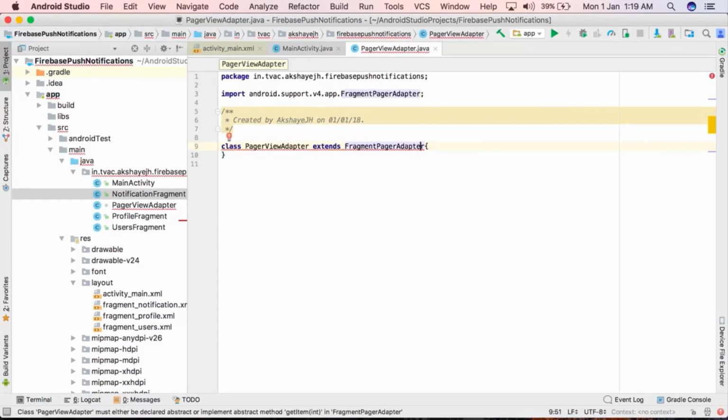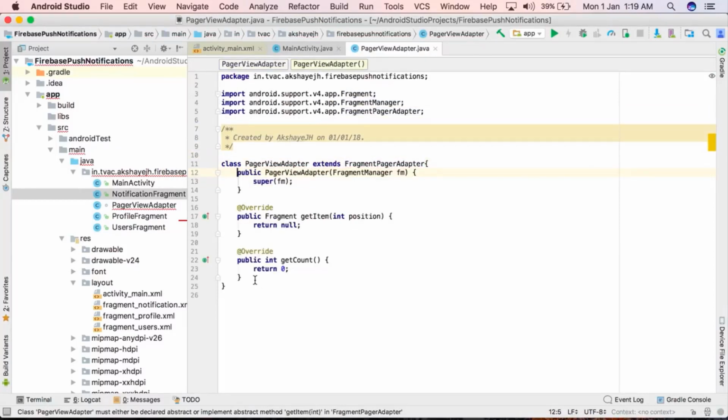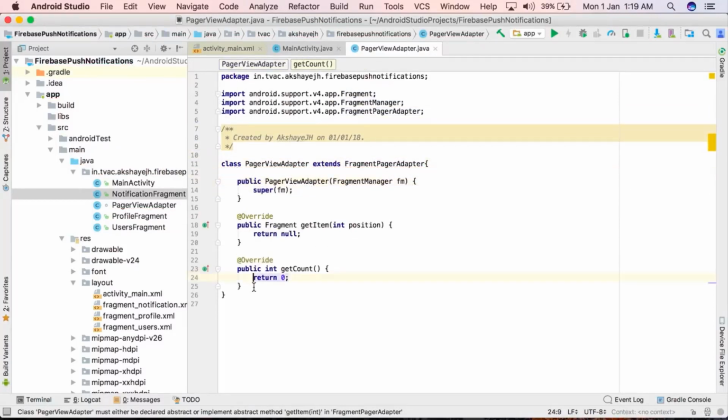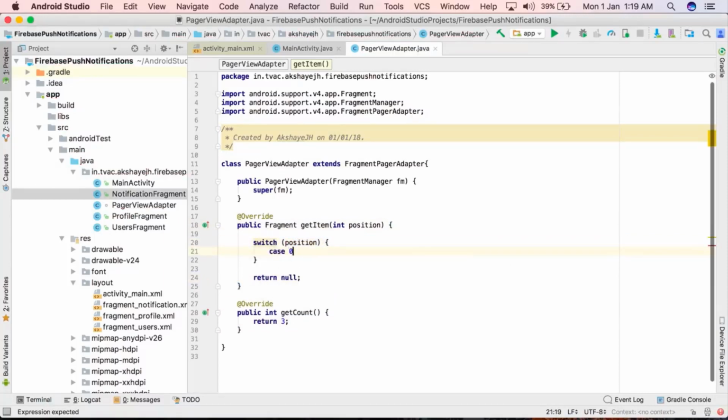So once you do that, you'll get some error, and you need to import 2 methods and a constructor for our page. Also in get count, the total number of the tabs, which is 3 in our case. Then in our get item, I'm going to add a switch statement, and this is going to be for all these 3 tabs. For the first